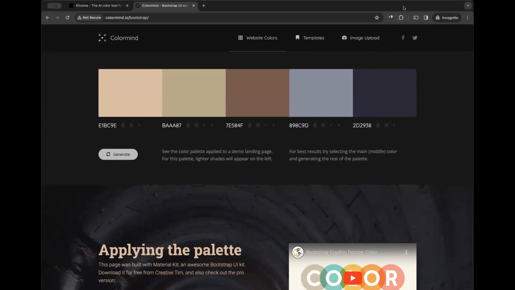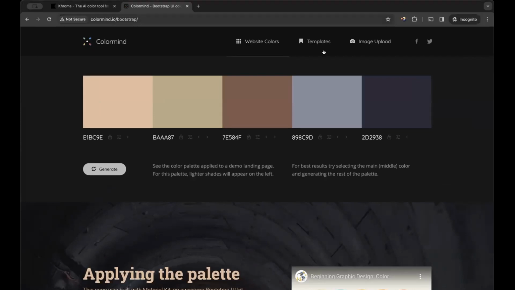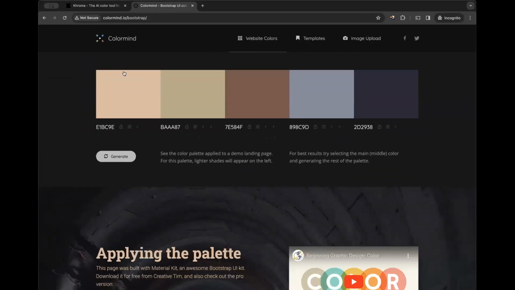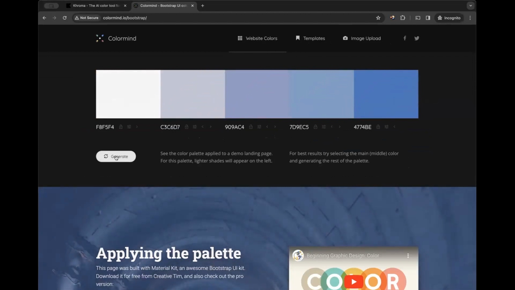So just to briefly explain further what ColorMind does. Again, if you click on website colors on the top navigation menu, it takes you back to the home page. Just below the colors that are listed here, you will see generate. Right here, you can keep on generating, keep on clicking on it. It brings out different colors. When you see the one you like, you're like, oh, okay, I like this color. This one looks a little bit youthful, feminine and things like that. Okay, I think I want to use this for my NGO colors.